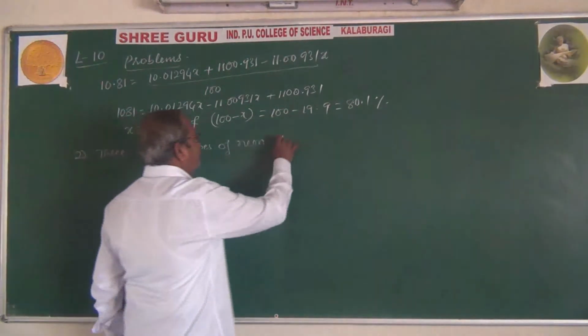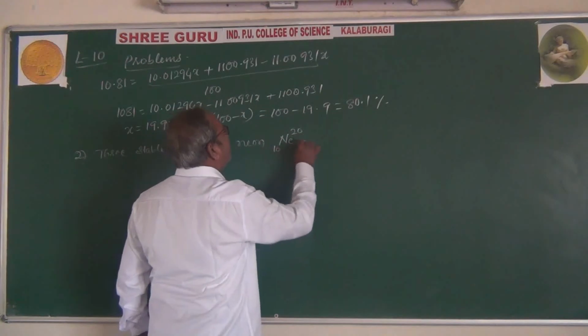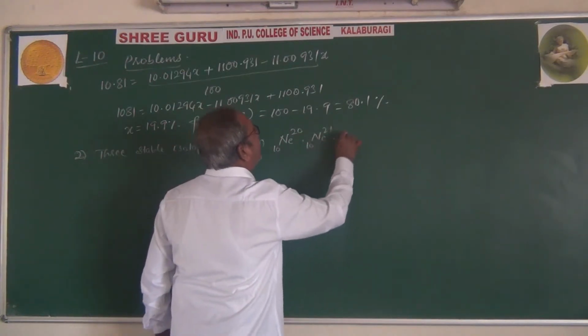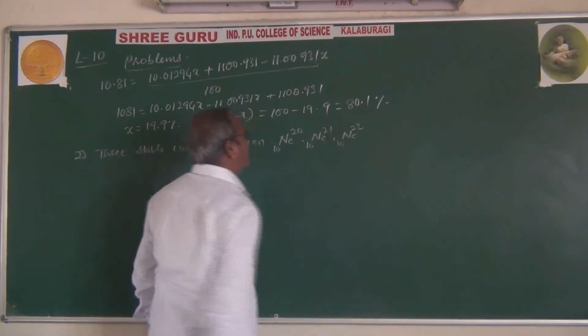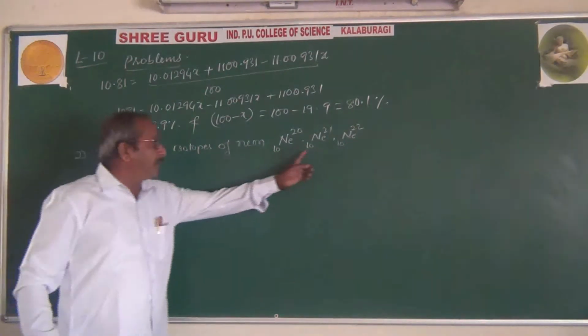Neon-20, neon-21, neon-22. As you know already, isotopes are elements which have the same atomic number